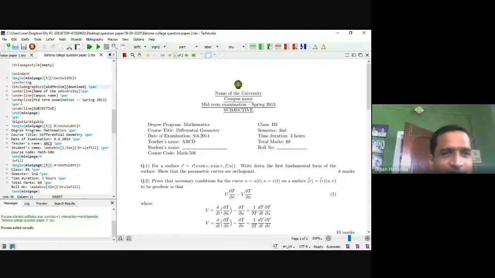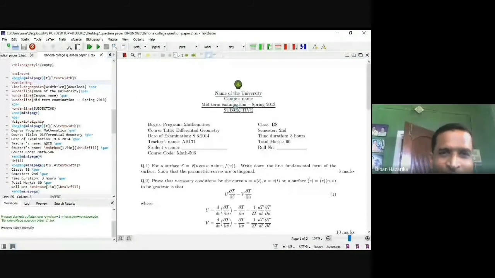See the difference. Name of the university. Here it is an include file. Previously I put the include file in the letter. Here it is at the top. Centering is given, that means the logo is centered. Then underline: we underline the name of the university. If you omit the underline, just the name of the university comes here. Then all the terms we write within the underline.